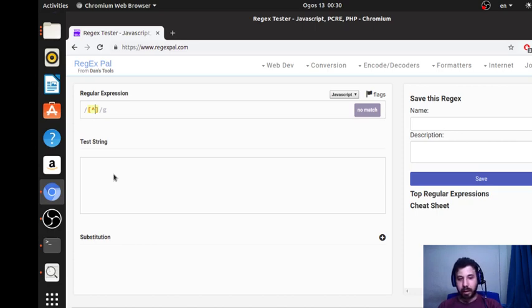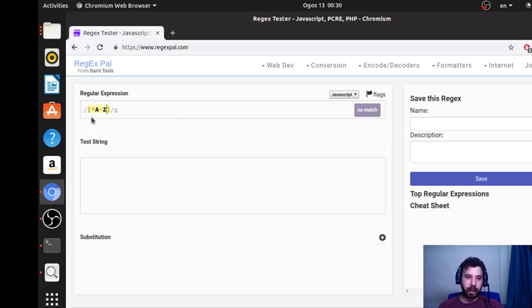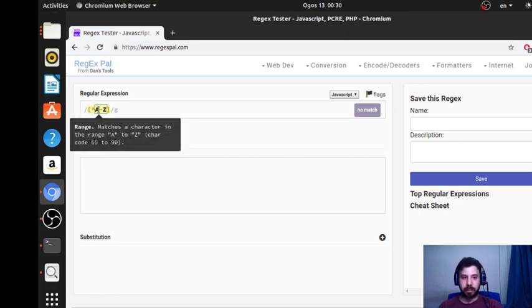For example, I write A to Z. So in this example, when you use a square bracket with the caret sign inside, and after that a range of capital letters from A to Z,